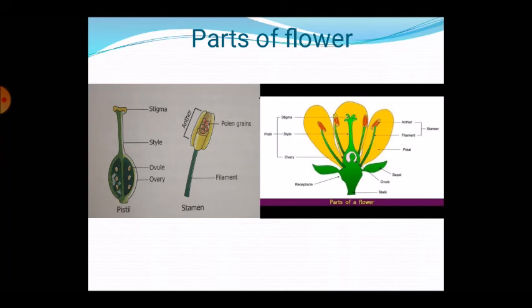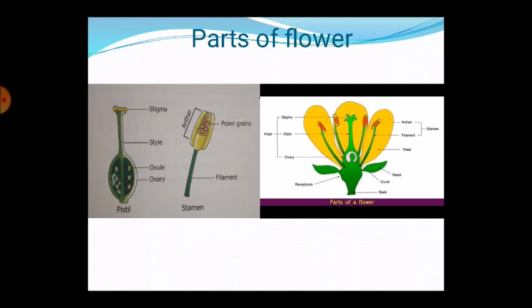Next part, pistil. The pistil is the innermost part of the flower, and it is the female part of the flower. It consists of ovary, stigma, style and ovules. The ovary is the lowermost swollen part of the pistil at the center of a flower.